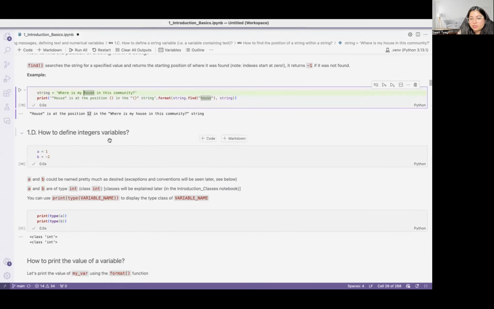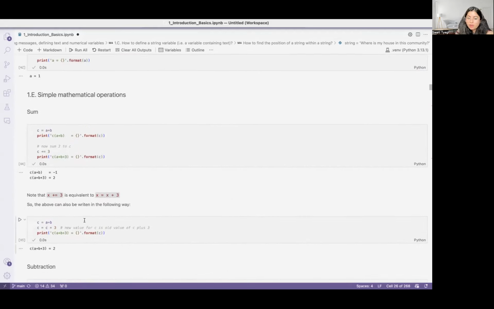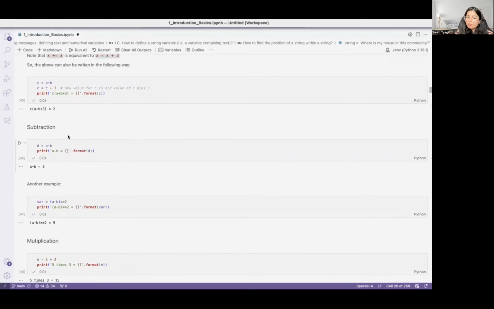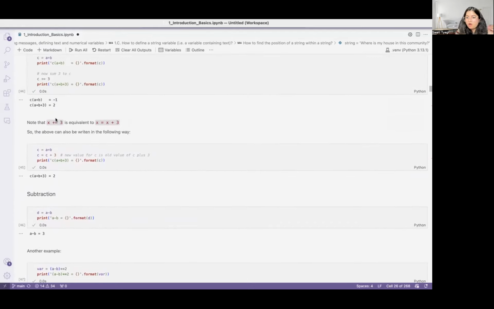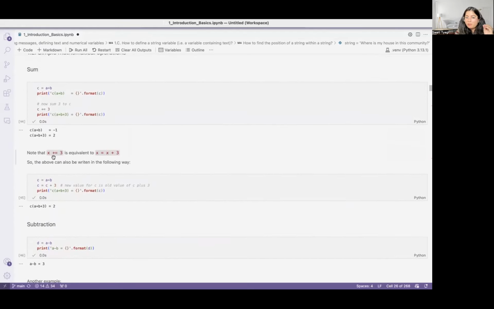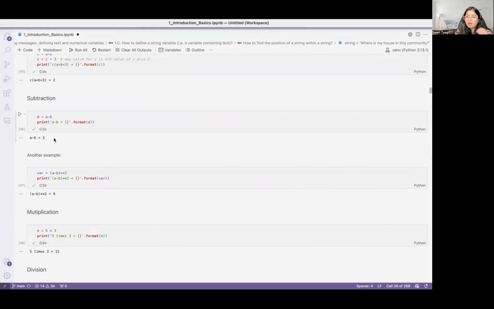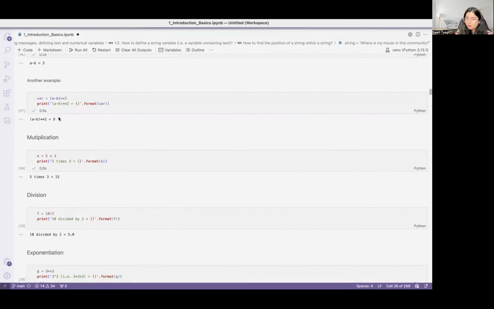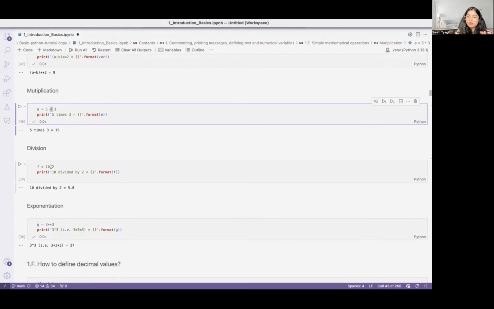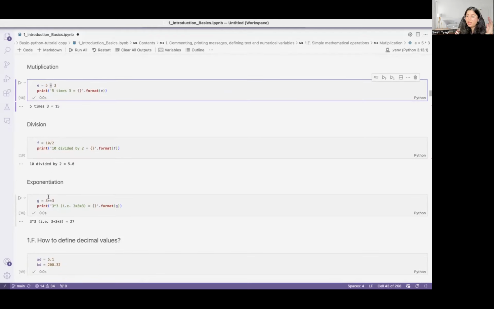Now, how can you define an integer variable? You just put a is equal to 1, whatever value you want to give, -2. If you want to give a floating value, you can pass 5.1, 5.2, that we can see. You can perform operations using the symbol operator plus, you can perform the sum operation, minus operator, you can perform the subtraction, the functions that you do on a calculator, on pen and paper. Similarly, you can do here. You can do multiplication by using this asterisk symbol. You can do the division by using the slash symbol. And if you want to do the exponential, like